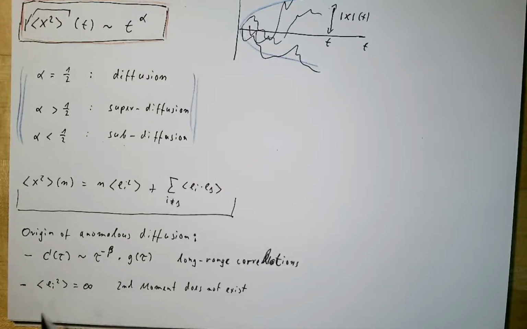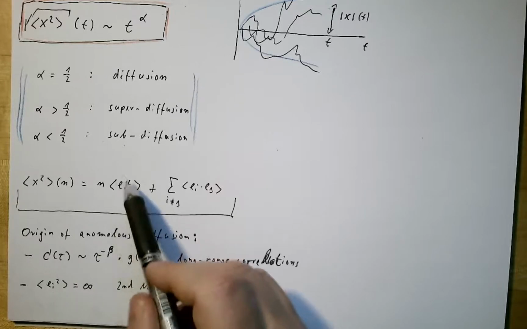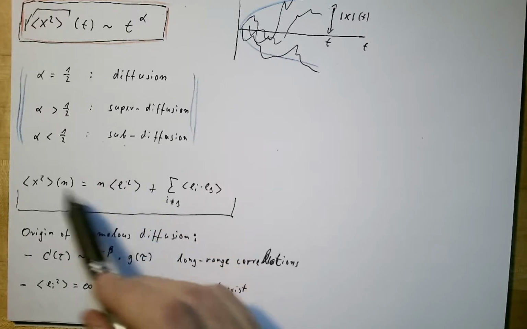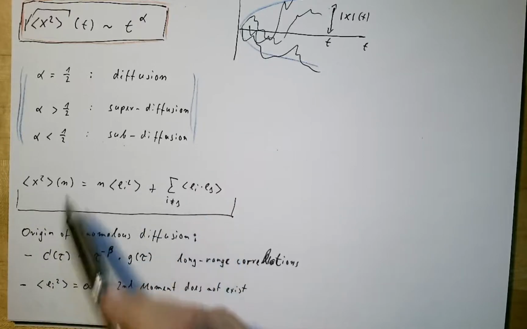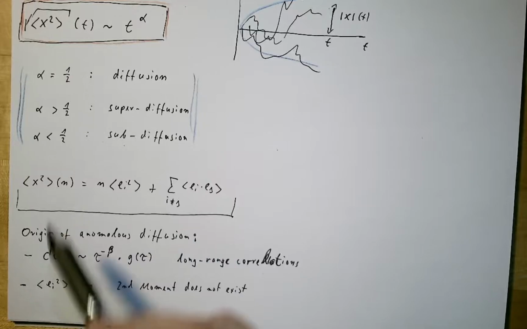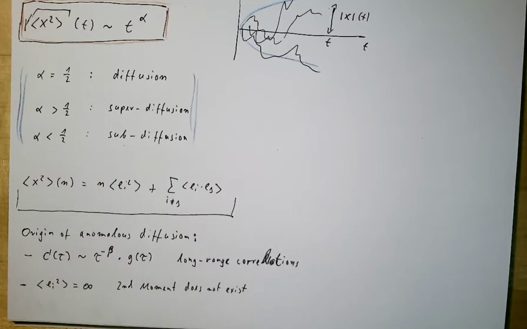And so we will see examples of such distributions. If we have a distribution which doesn't have a variance, where the second moment doesn't exist, this term here diverges, and the whole calculation doesn't make sense anymore. And in such cases, we can also find super diffusive behavior. That's basically the second mechanism that can give